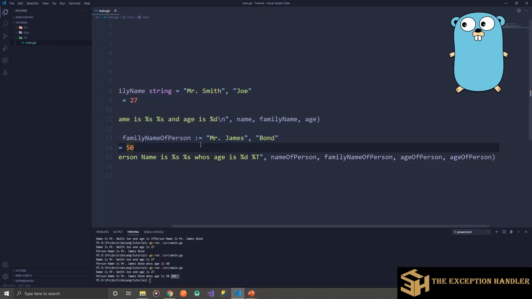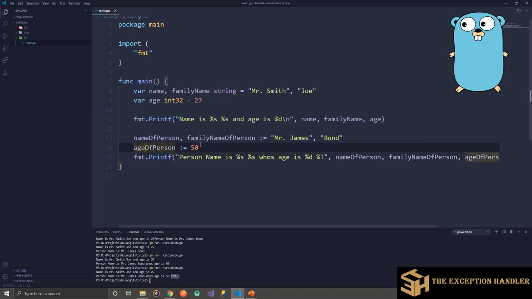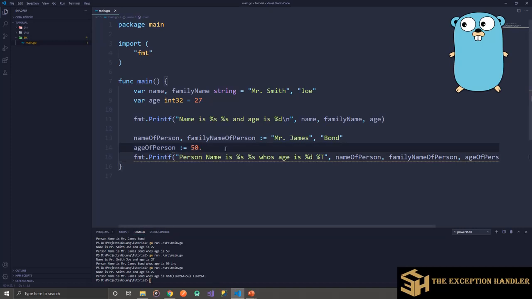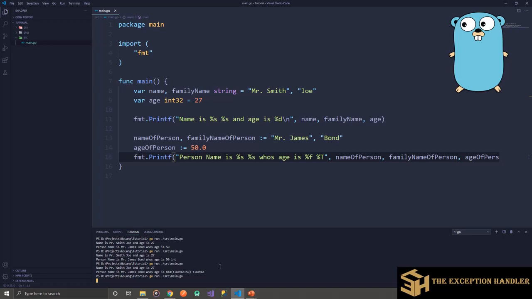Now Go compiler will always assign implicitly three types of variables. So one is string that we have seen in the first line, second is int, and if I give a dot over here and then run this program, then it will give a float value, so we need to write %f.